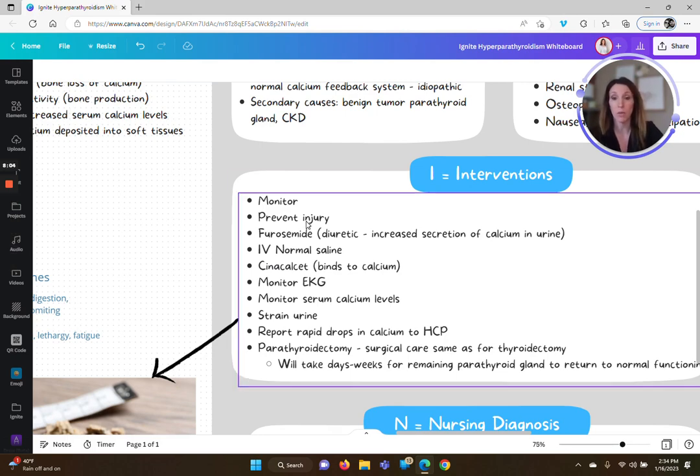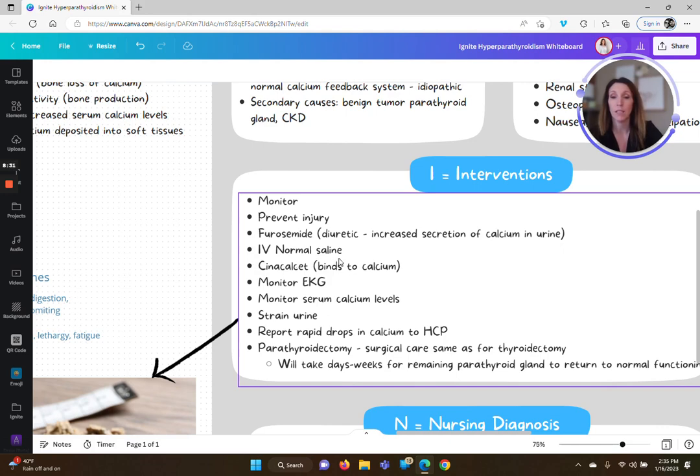And then we're also going to give our patient furosemide, which you may have heard called Lasix, or maybe referred to by the public as a water pill, but it is a diuretic. That's its medication class. And it causes increased secretion of calcium in the urine. So while we're doing all that extra peeing while taking our furosemide, it's helping us to get rid of some excess calcium. The patient may get IV normal saline,